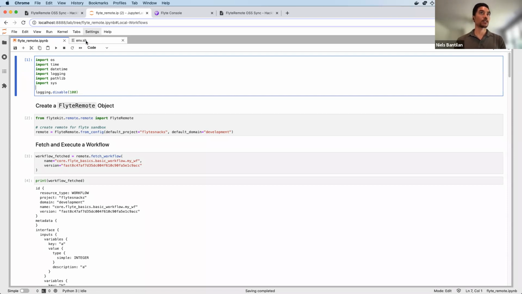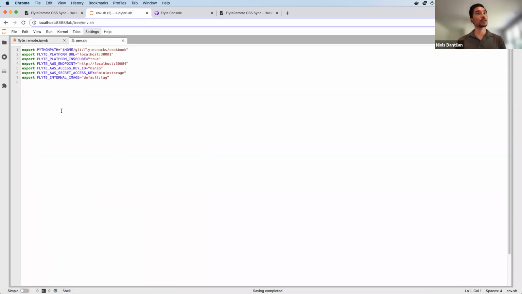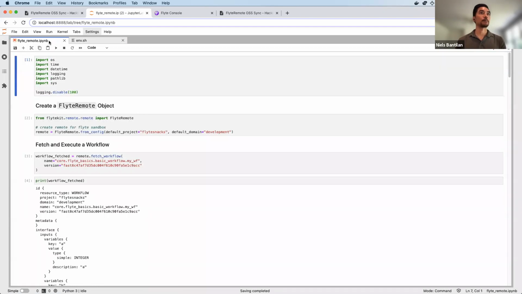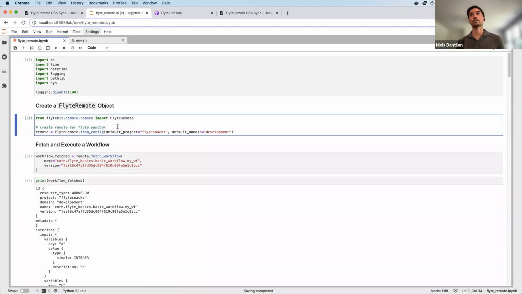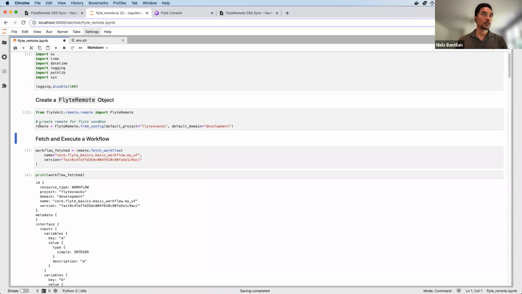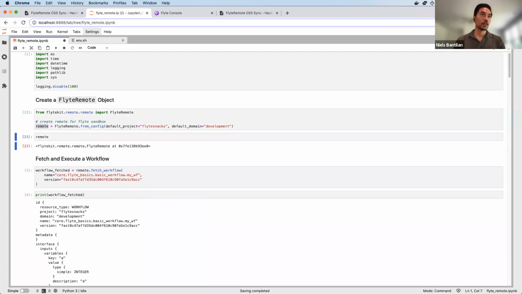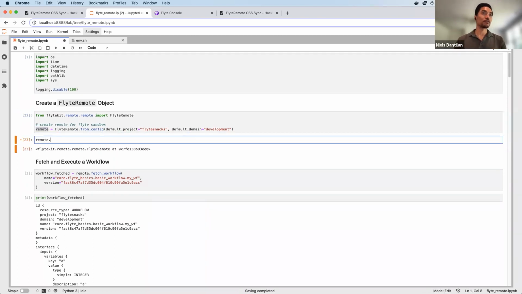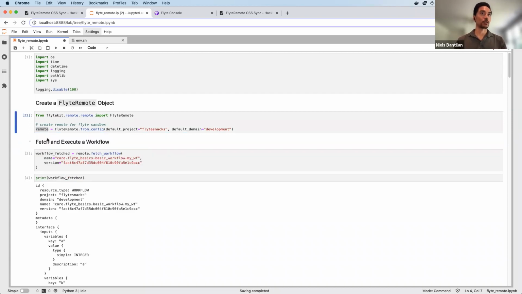This environment has access to some environment variables that I've set beforehand. Don't worry about it too much. For example, it points to localhost 381. So we're just making sure this remote can actually connect to my local sandbox. So this remote object, we can look into it if anyone has any questions, but I'll just run through this demo